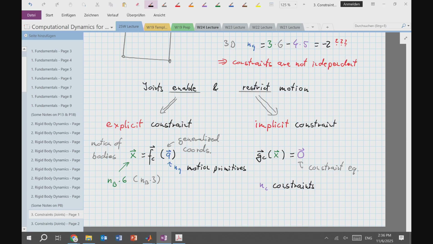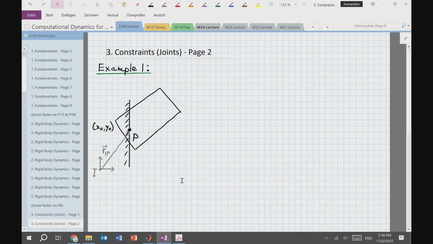And here we're talking really about things that prevent accelerations, that prevent motion. I want to give you an example of these two, and it's actually a very, very simple example of the door that we have in the back of our classroom. And I want to go ahead and add a joint. And that joint will have a single motion primitive, a rotational joint, so it will have a single angle Q. And that joint is located at the point RBP